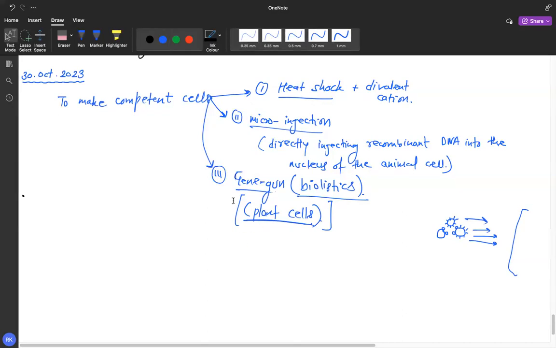Okay, just write down in this method. This method is suitable for plant cells where high velocity microparticles of gold or tungsten